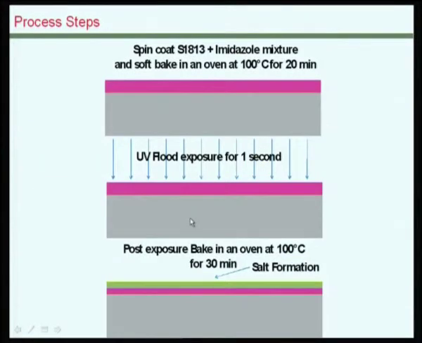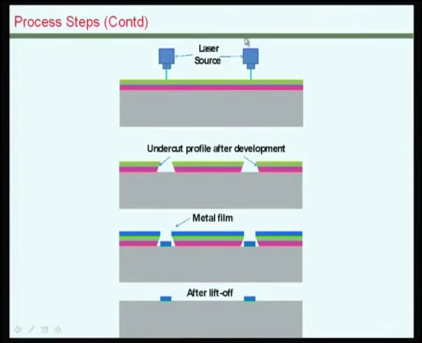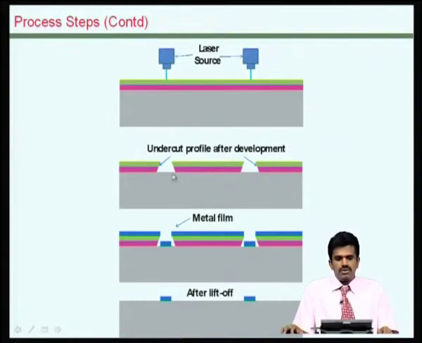So, as you would see here, what we do is that onto the wafer we spin coat this modified compound, and then when it is exposed, this salt is formed on the surface, and after that, when you are actually doing the pattern transfer by the laser source, there will be an undercut,